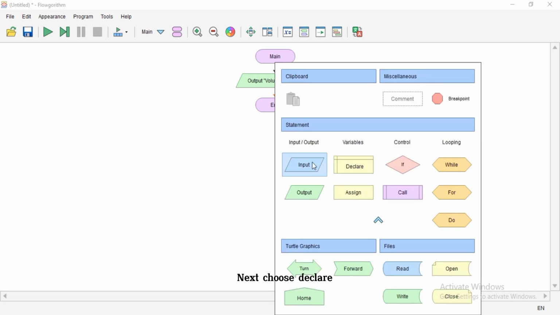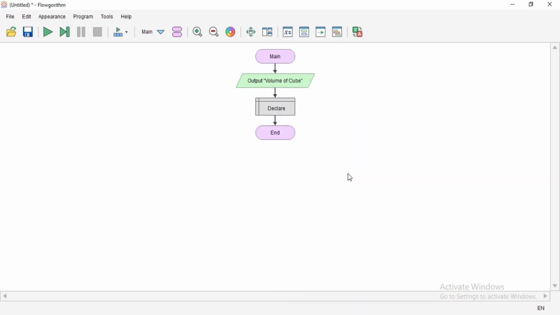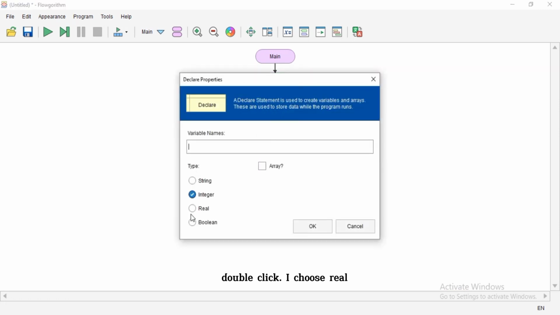Next, choose declare. Double-click. I choose real, and the variables Side, Volume.